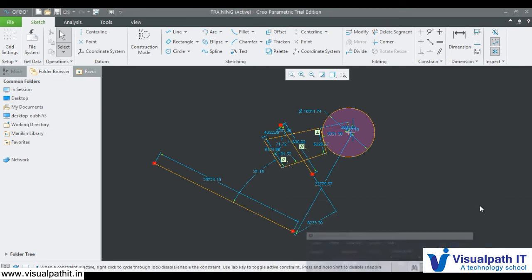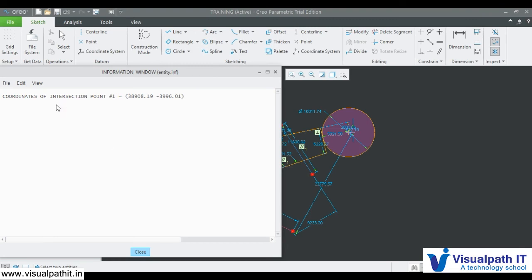Now there is one more option. There are more inspection points. Let's say we have this intersection point. I want to see where these two lines will intersect. I'll go for intersection point. Here, select two entities. I will hold control and select these two entities. See, this is the location.